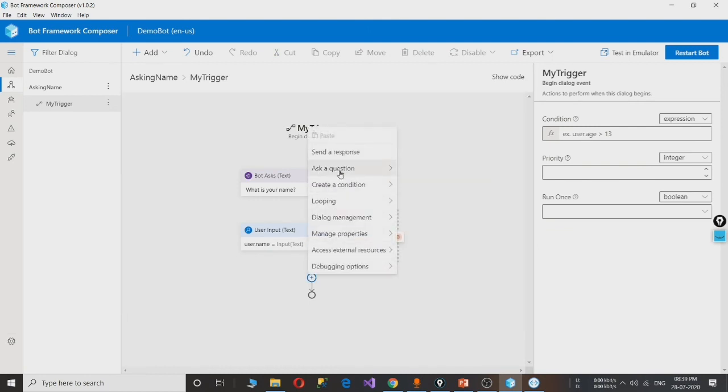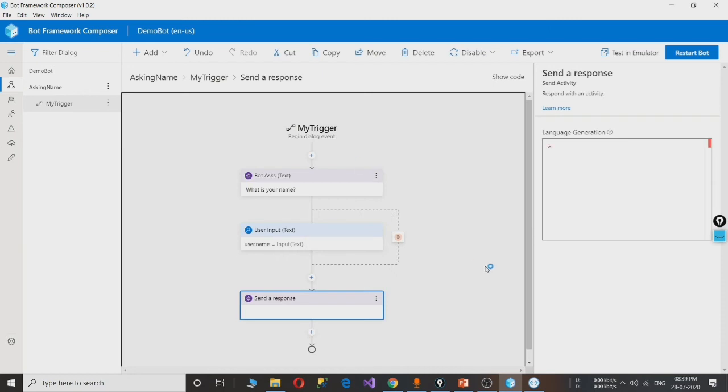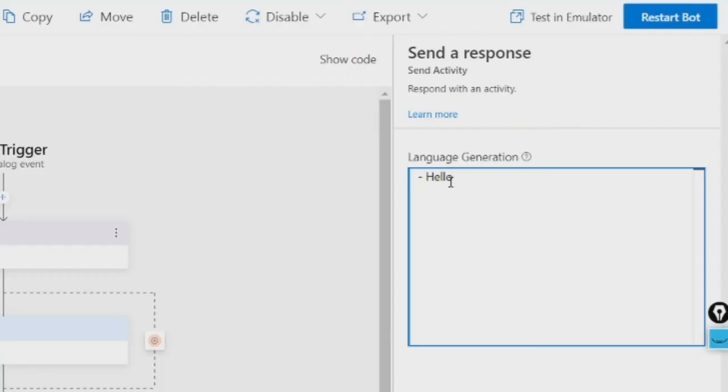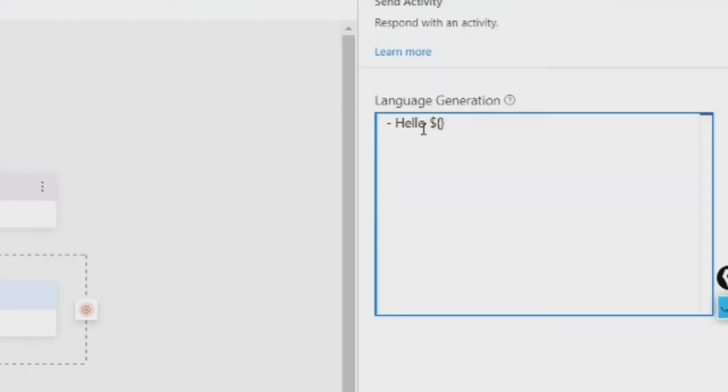So click on plus icon and tap on send a response and type the message that you want to share. And to access the username that you have stored in the user.name variable, you have to write in this way: $, second bracket, and within the second bracket you have to write your variable name.